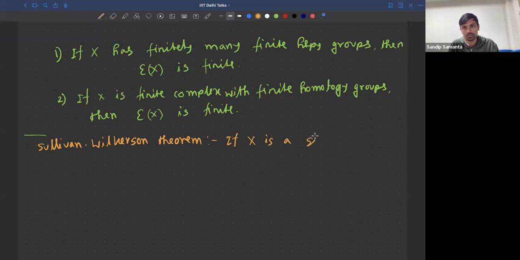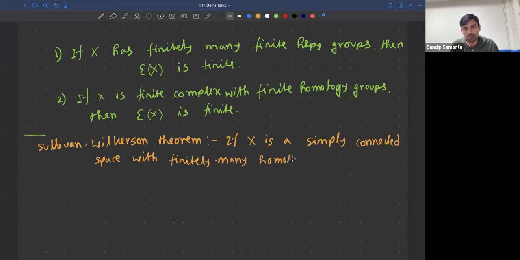a simply connected space with finitely many homotopy groups. So here the relaxation is that it need not be finite. So just finitely many homotopy groups, or